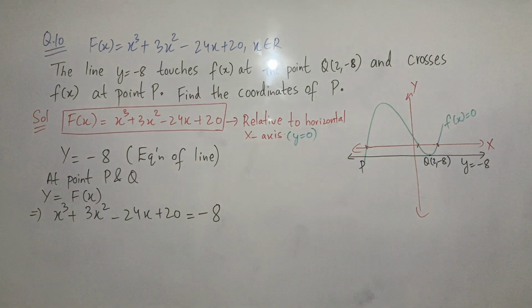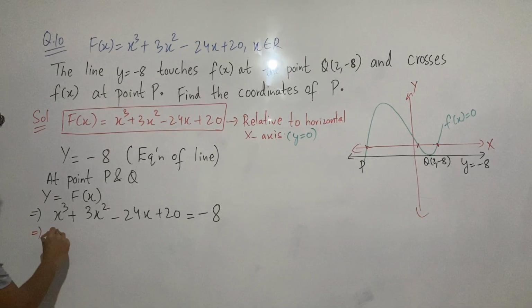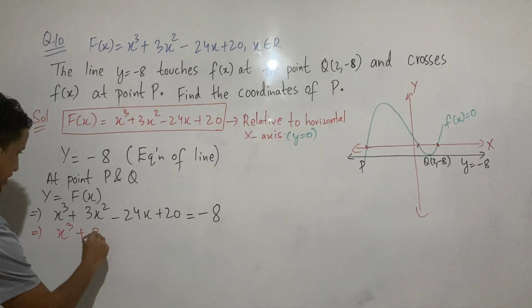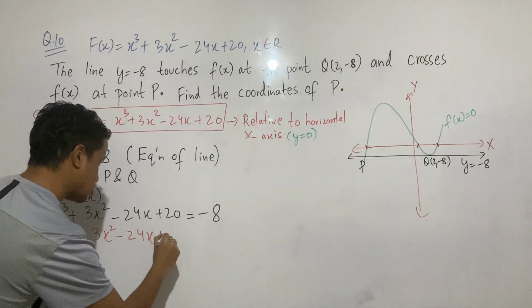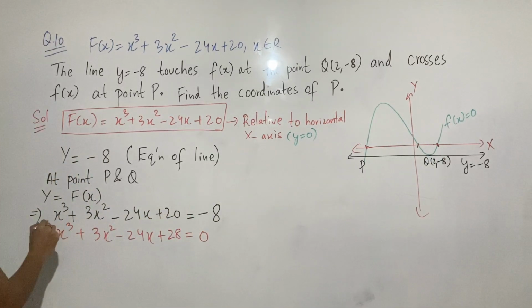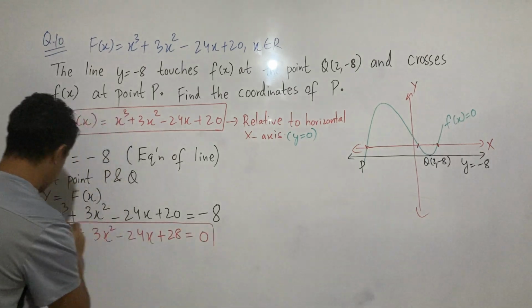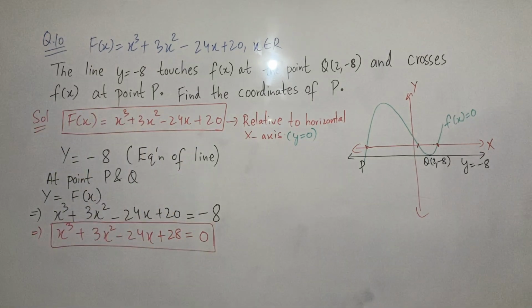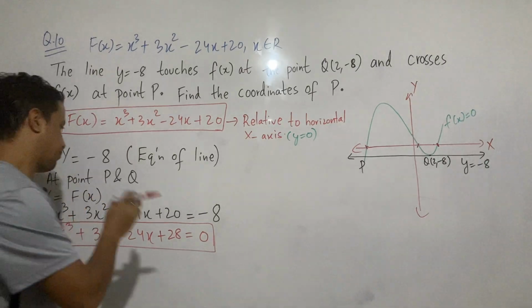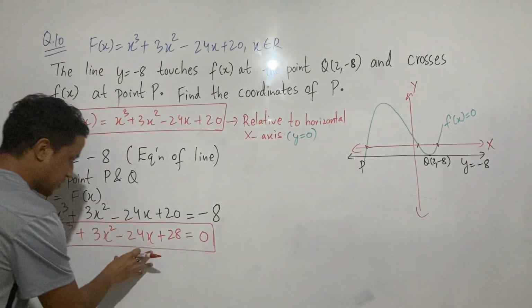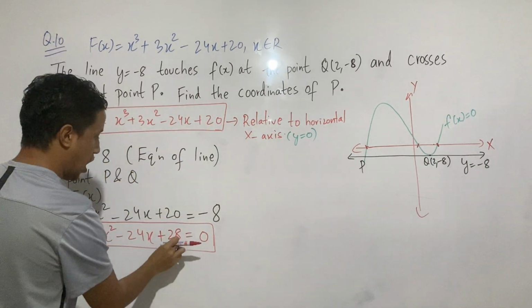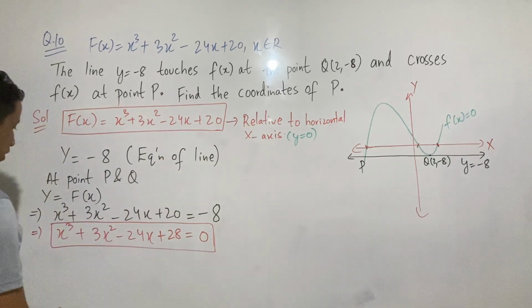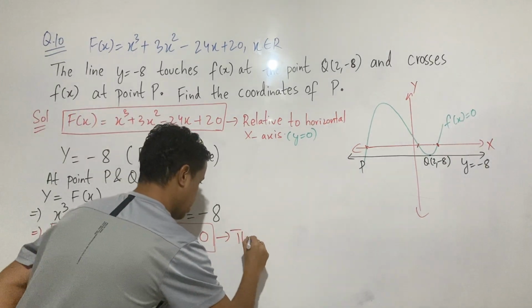Okay, so if I simplify it further, what would happen here? x cubed plus 3x squared minus 24x, and if it comes here, plus 28 equals 0. Now, see here, this is another equation, okay? If you look at this polynomial function and this polynomial function, you can see here, this is different from this. Why? Because this represents